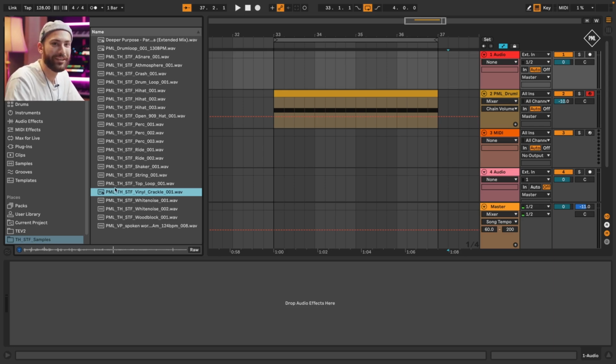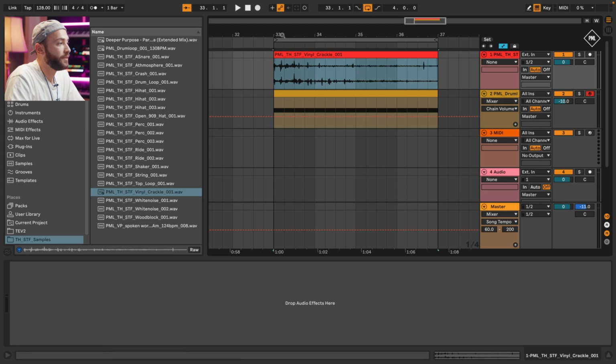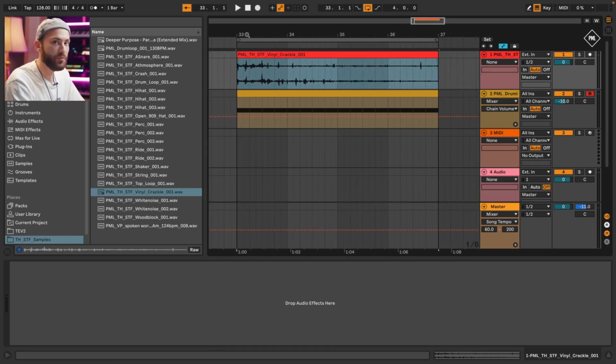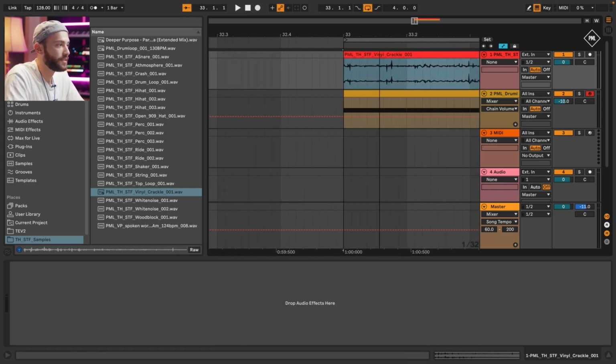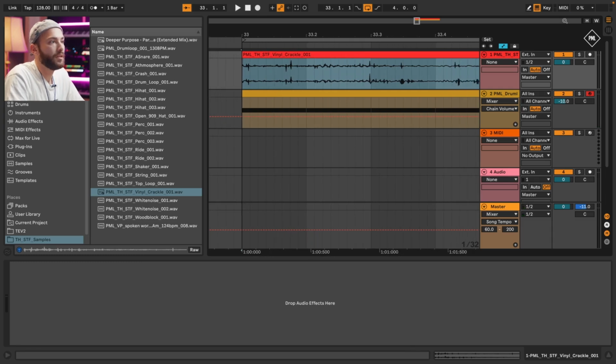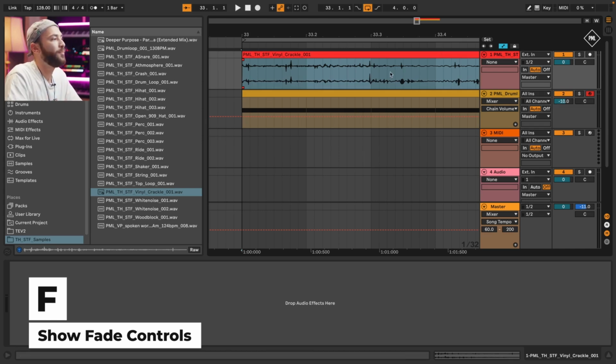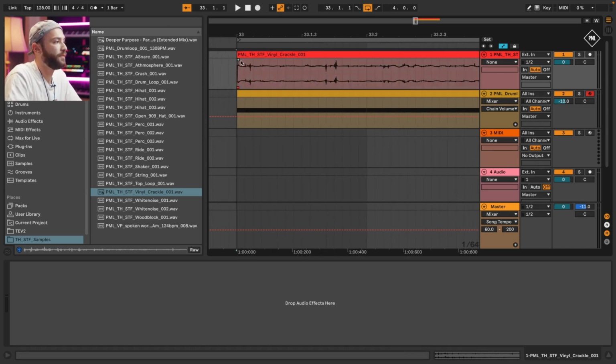So you can already hear the grit and the noise in the sample, which makes it sound really rich. And one good thing about this is that we can also use it to create a little bit of movement and a little bit of rhythm. First, let's get rid of the fades on the sample. Turn off the MIDI again. And now if we press F, it's not going to play the note F, but we can adjust the fades